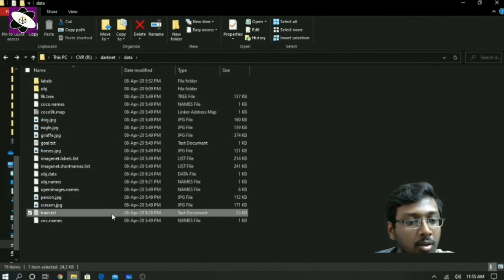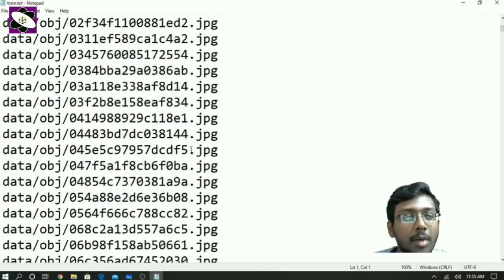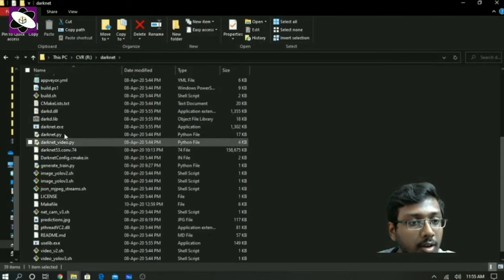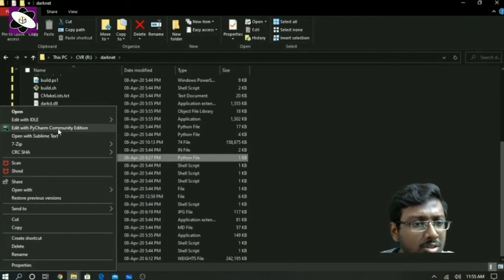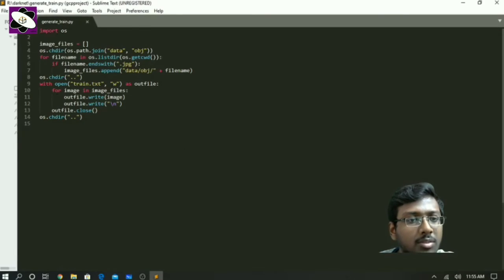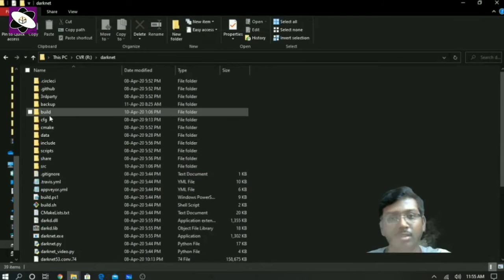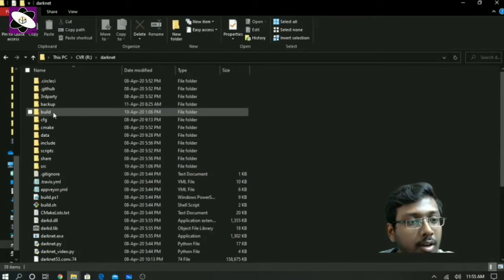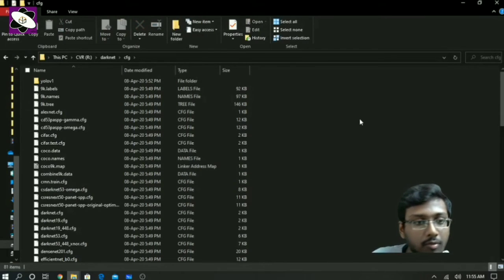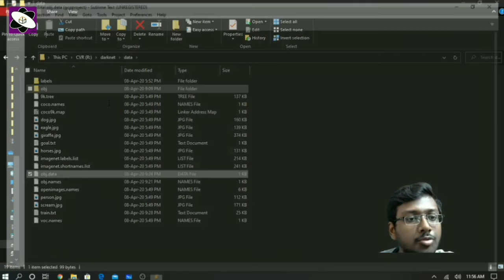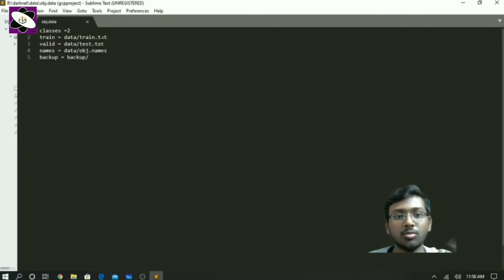So this train.txt is nothing but the path of all the images, and it is generated by this script, generate_train. I just want training data, so from this script, again this will link. It is a normal Python script, a simple thing. You just take the paths, and that path we have fed in the data folder. As I've shown you, this is the train text. The text file has the path information of the images, so that whenever we are training, the images can be taken from that path.